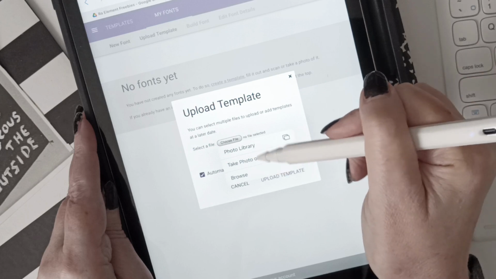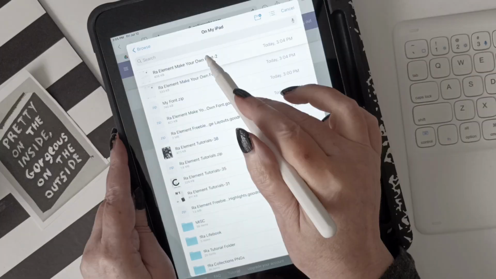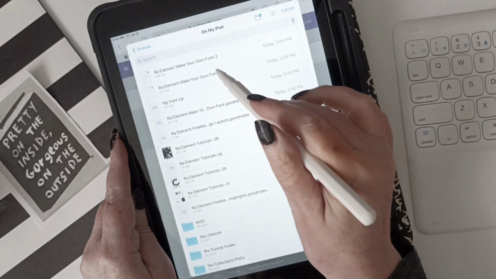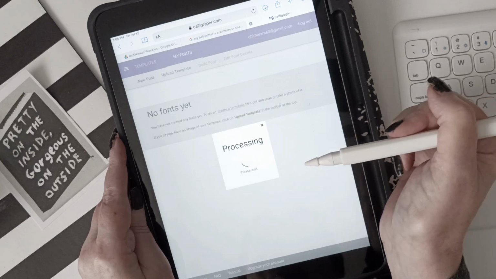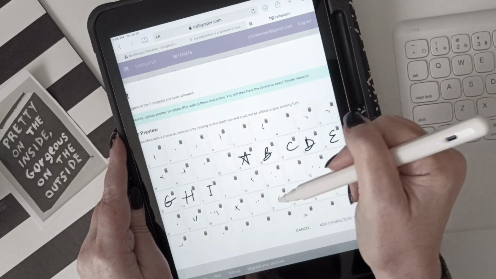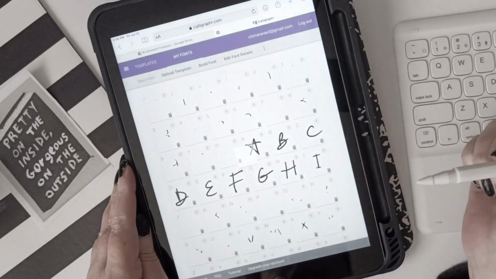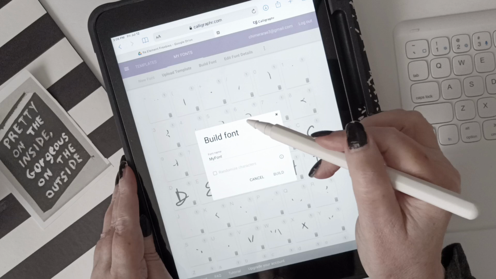Choose file, find where you saved it, and upload both of them, and hit upload template. And it'll show you a preview if everything looks good. Then you can say add characters, build font,